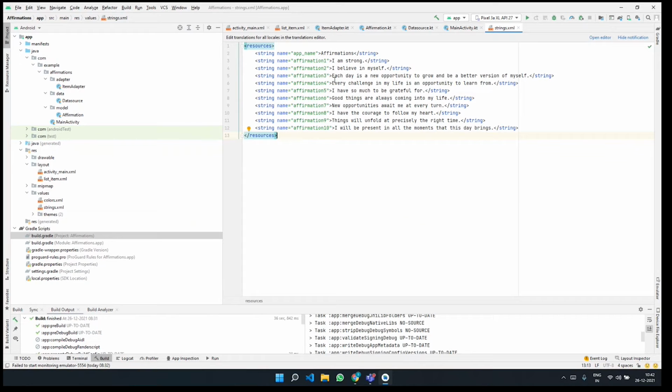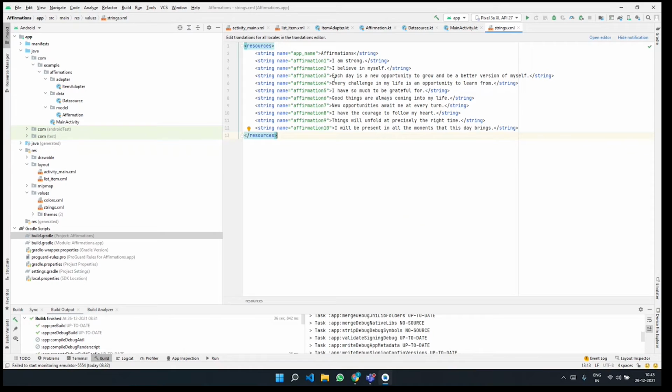So you'll be providing string resources and also you'll be providing a data source. And once you provide both of these, you can easily display all the affirmations in a list. And with the help of the adapter, when all these things work in unison, you'll be able to display the list of affirmations on your screen.